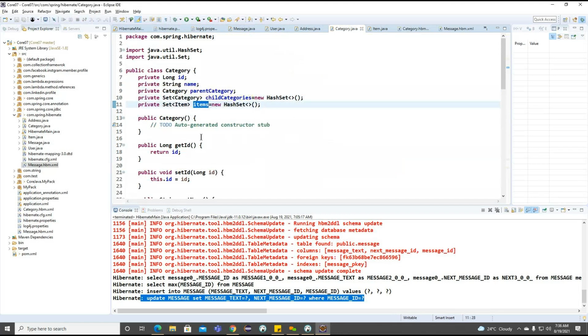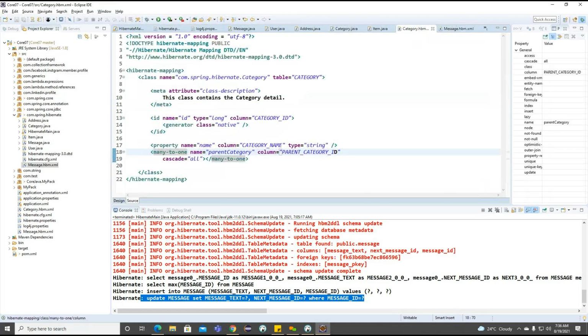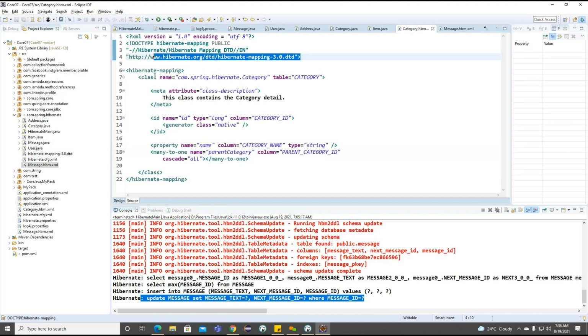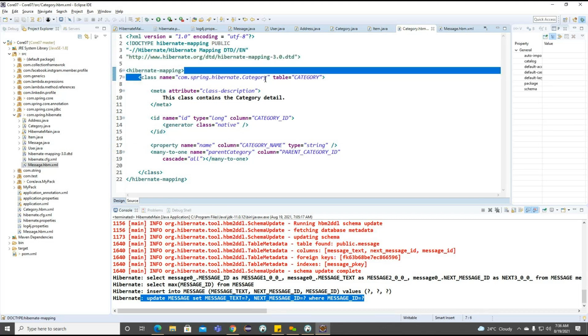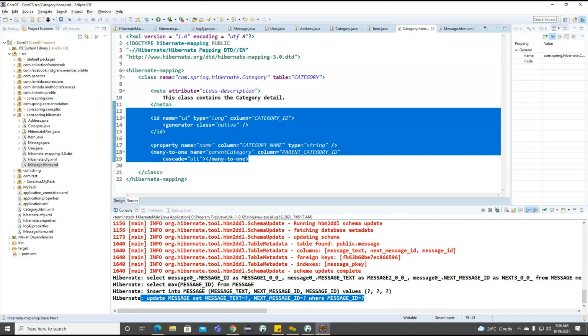Now we need to think about how we can define these two sets of collection types here. So we'll see, first we need to understand the DTD declaration. We already discussed in the last class the mapping declarations and category of this particular map here. Basically, this particular DTD we already identified here, and we are trying to map on this particular object called category here. And what is the name of the table we are creating here? Category. And these are some properties we defined here.